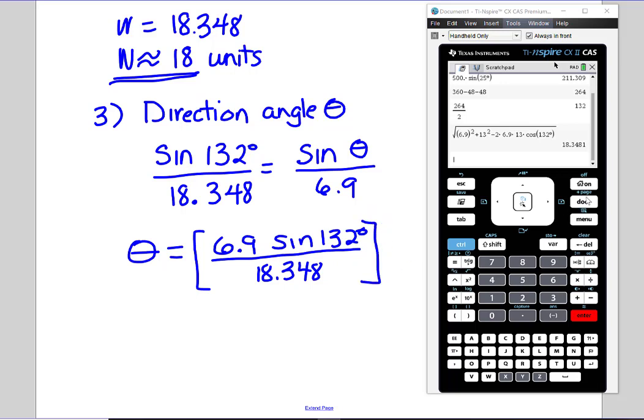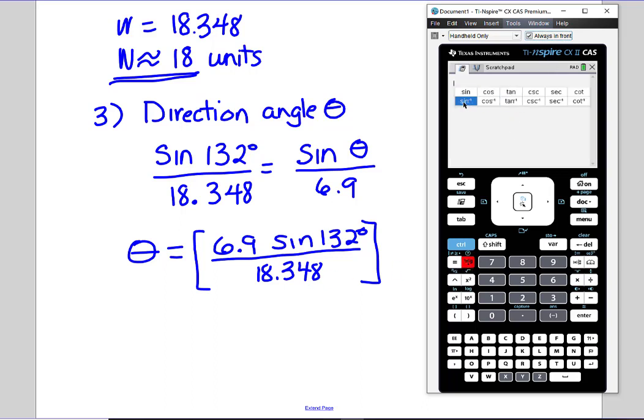So you ready to do that? Here we go. So the angle is, I forgot my notation for sine inverse, 6 9/10 times the sine of 132 degrees divided by 18.348. So we don't want to round until we get to the end. So that's about 2.2834